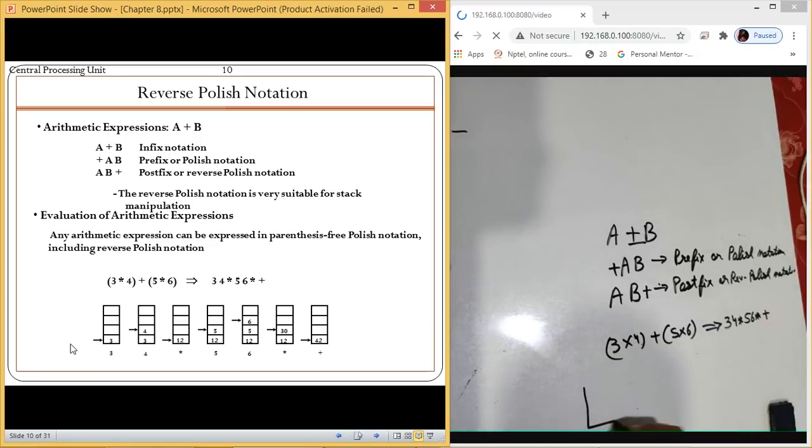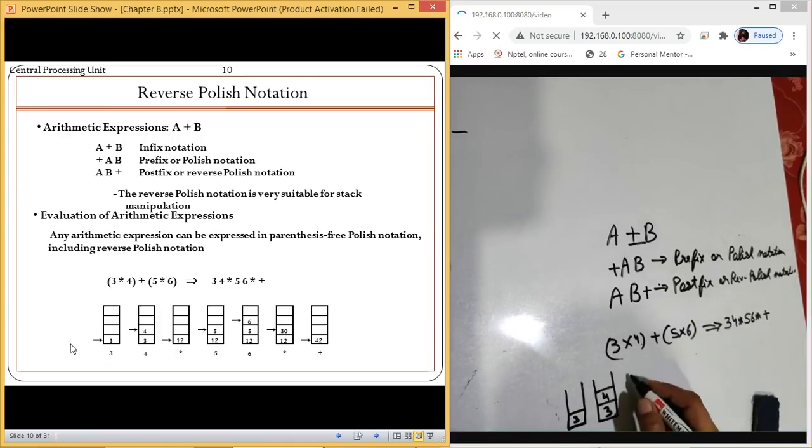So if we are implementing it first of all in the stack, so what is going to happen? First value will be pushed. So which value it will be? 3. Then the second value will be pushed. That is 4. Now when the third value is pushed, so it is multiply.